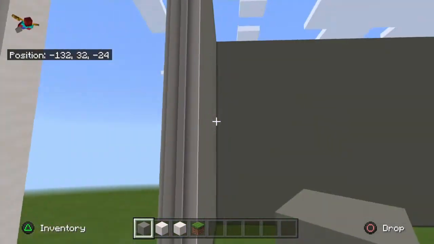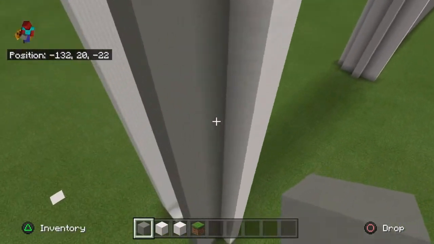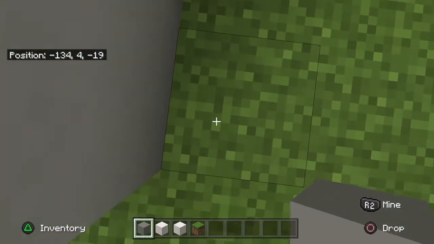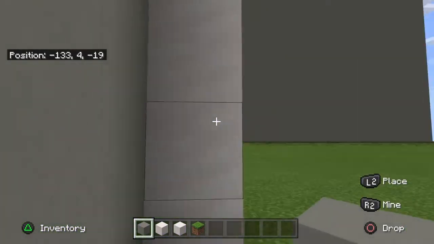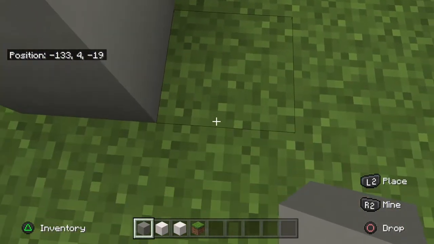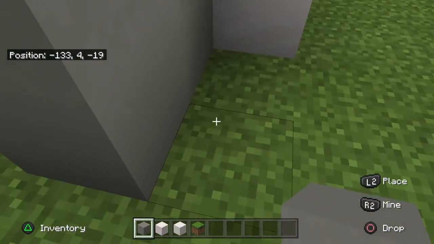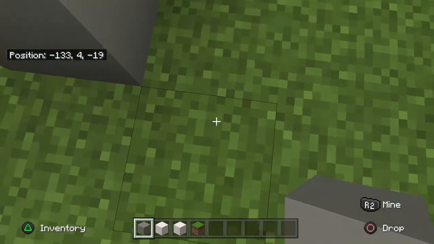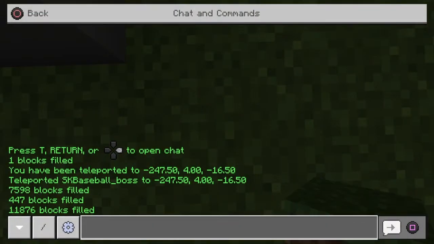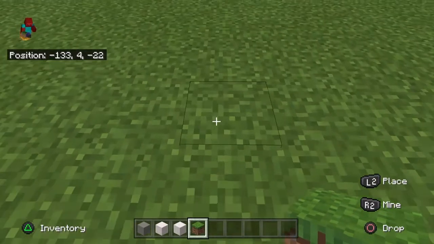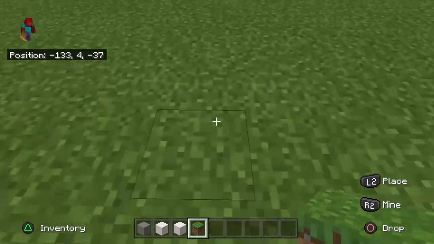except right here, you just change the x coordinate to what it is. Over there it's like two something, negative 2 something. Now it's negative 133. Since it's the exact same, you're just gonna put that number in, copy that, and you're gonna want to